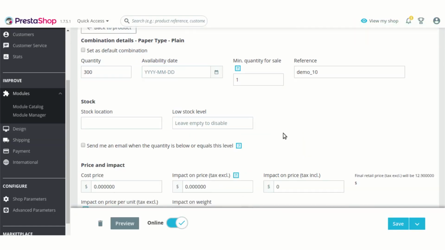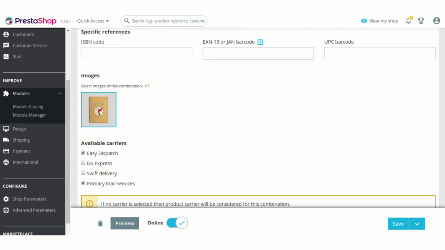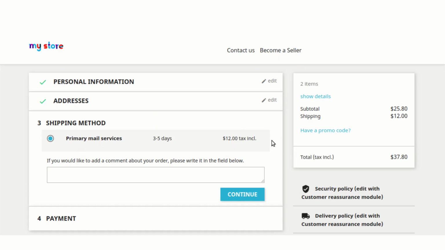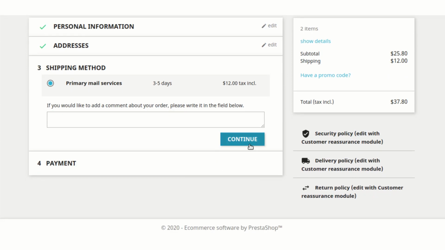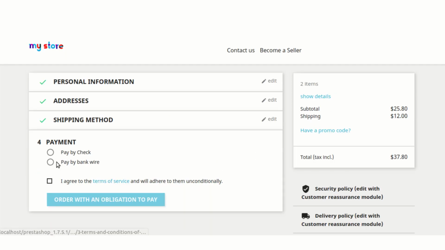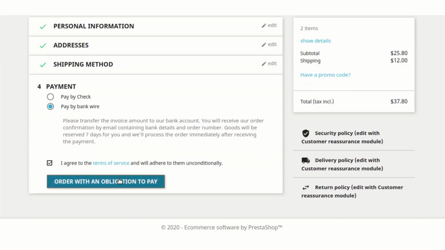In case you select two different shipping methods for two different combinations of the product, PrestaShop chooses the shipping randomly, and it will calculate the shipping price on the basis of how both products will be shipped. I'll explain this in detail when I successfully order this product. Let's order this product, then it will be much easier to understand this setting.